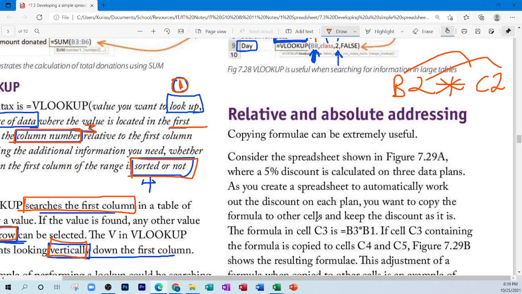So what we're gonna look at next is relative and absolute addressing. Now, relative and absolute addressing has to do with how cell names change and how they don't change. For example,